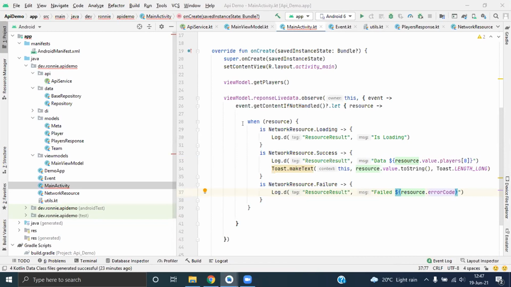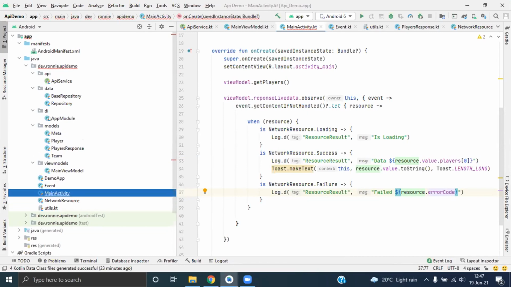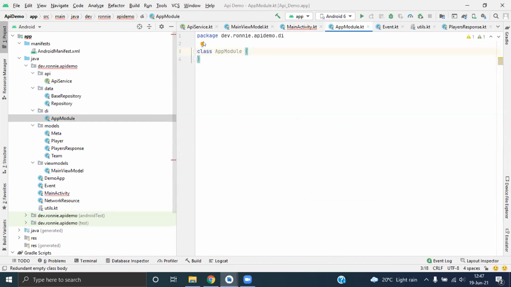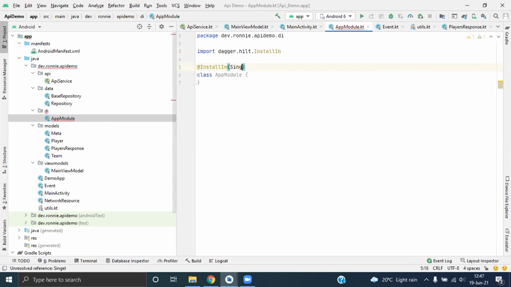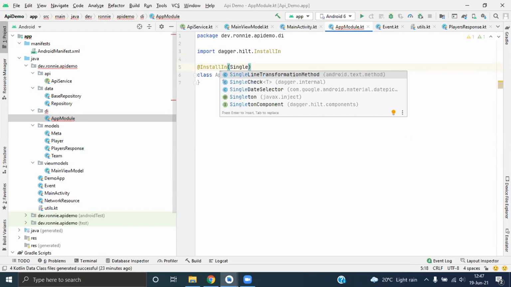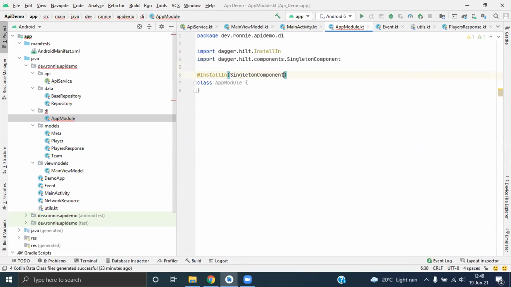Retrofit for us to use in this project. For that we need to go to the DI. Let's just keep things simple and just put InstallIn SingletonComponent. Let's keep things simple.